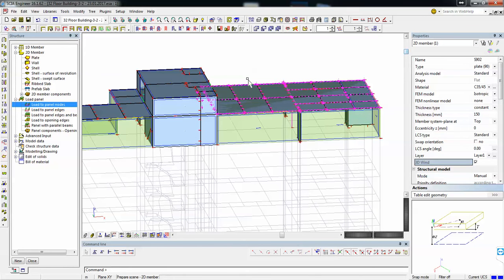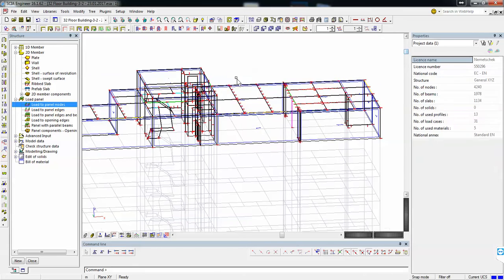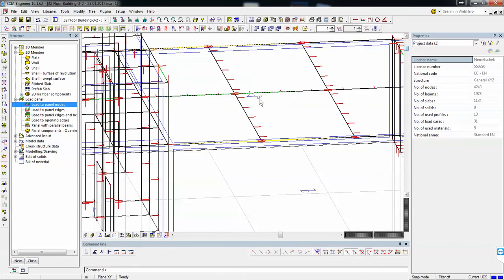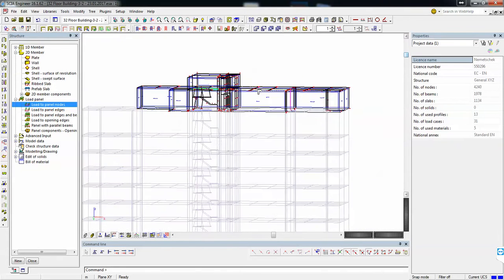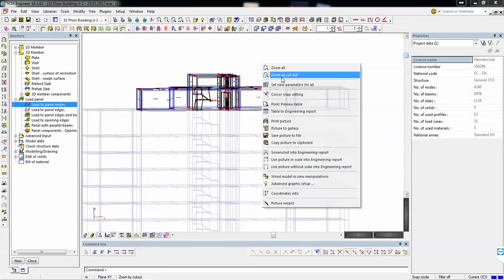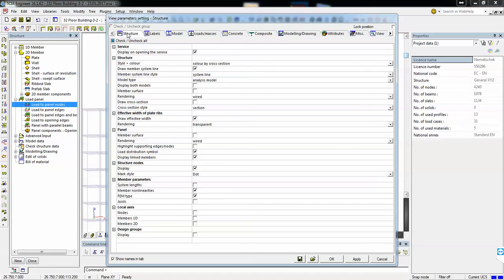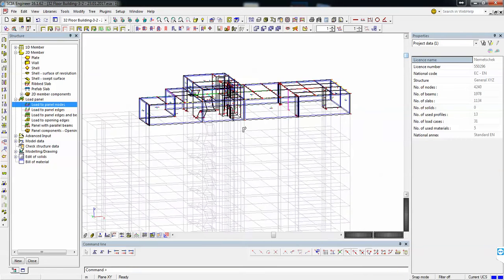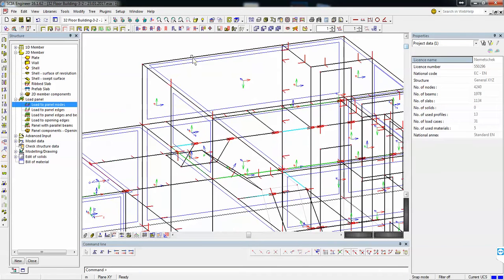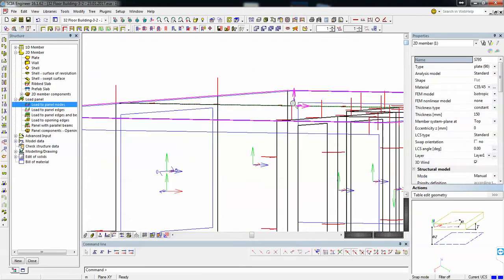Also, I have to check the local coordinate system, so all the local axes should be pointed outside of the building. For the panels we already see the local axis, but for the 2D elements we need to activate it, and the way we activate it is going here to structure and saying local axis onto the elements. And we need to make sure that the axis is pointing outside, like in this one.